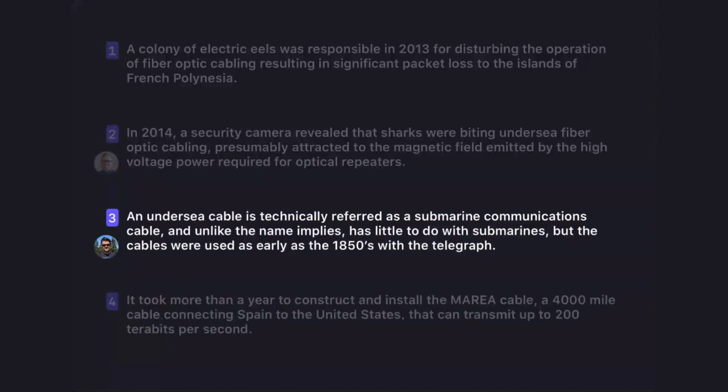So going up, number 3, an undersea cable is technically referred to as a submarine communications cable. And Ben believes this one to be the compiler error. He is most hesitant about the date. But this is a code completion because the telegraph was starting to be used for intercontinental communication back in the 1850s. It was towards the very end of that decade that they actually completed it. And since then, they've been using these cables mostly for telecommunication. They would use copper cables. They didn't have fiber optic yet, but that worked just fine for the most part.